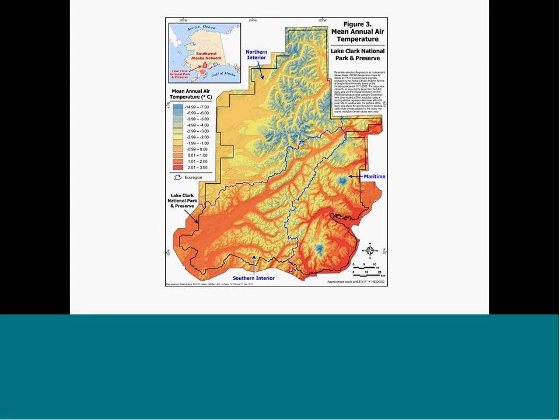On the back, I forgot to mention on this map these breaks. We developed these eco-region breaks, eco-climatic regions is what we refer to them. So the northern interior, southern interior, and then the maritime. It was based off of, you can see in the temperature map, that the northern interior is quite a bit colder than southern interior, and then the maritime. When we start looking at vegetation as well, the maritime's quite different. So this was also core to our soil landscape mapping, having these breaks for temperature for the soil and